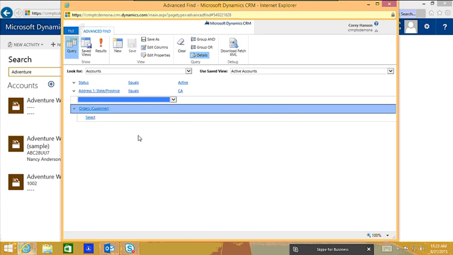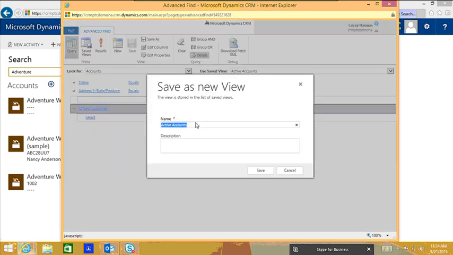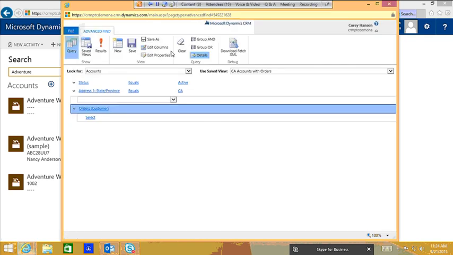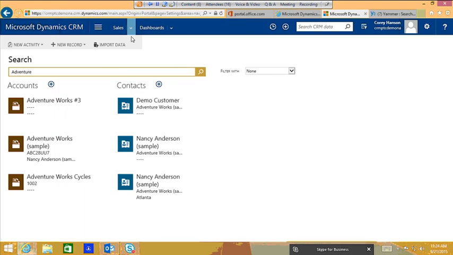And any user has access to advanced find, because this is where they can come and they can actually tweak the out of the box views, and then they can actually click on save as and save this. Let's say California accounts with orders. And I probably don't have any orders on this, so it'll probably be a blank anyway, but I could save that, and now in my list of views, if I go over to my accounts